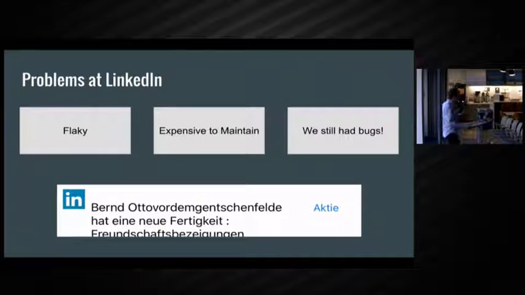Given all of this testing we were doing, we were still shipping the application with bugs. One of the common bugs that I saw was small UI bugs and layout bugs in the application. Although they didn't actually cause a feature to break, they would hide information and generally make the app look kind of crappy and not something we were super proud of.